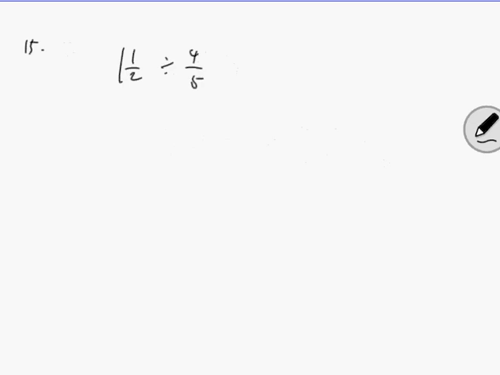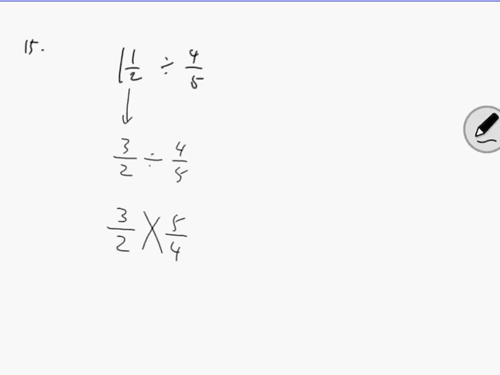Question 15 says 1 1/2 divided by 4/5. Change your mixed fraction to an improper fraction. I'm not going to do the division yet. That's the only thing I'm going to do, just change that mixed fraction to improper. Then our algorithm for division is keep your first fraction, change the division to multiplication, and use the reciprocal of your second